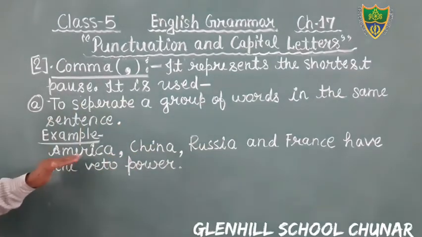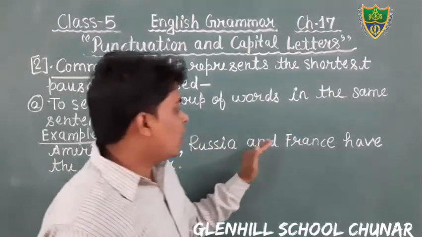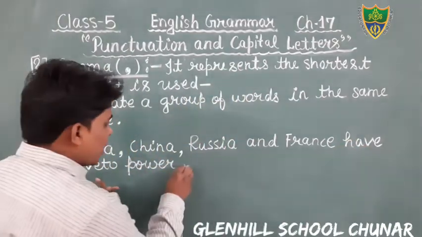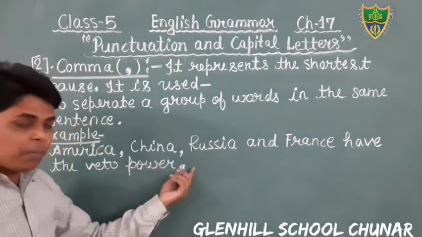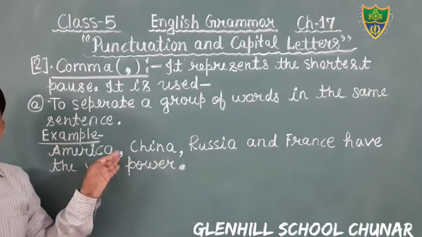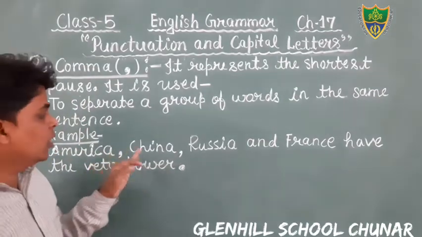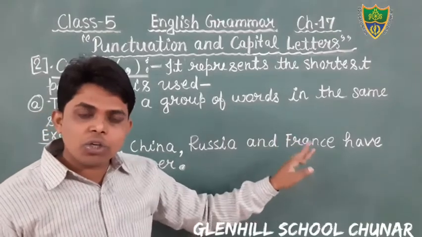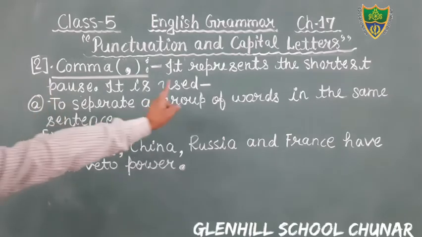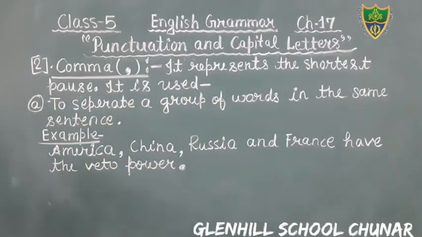So just see, America, China, Russia, and France have veto power. Now if you pause too long at "veto power", what will happen here? A full stop. But here we are taking the shortest pause, therefore we will use a comma. Okay, students, it must be clear to you that to separate a group of words in the same sentence, we use a comma, and a comma represents the shortest pause. Okay, students? So you write it